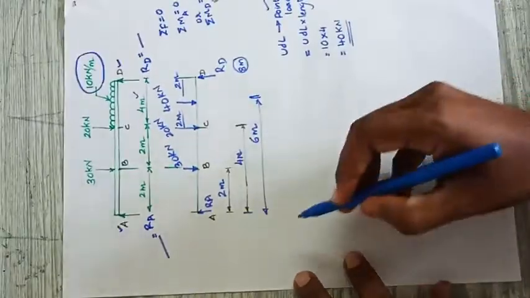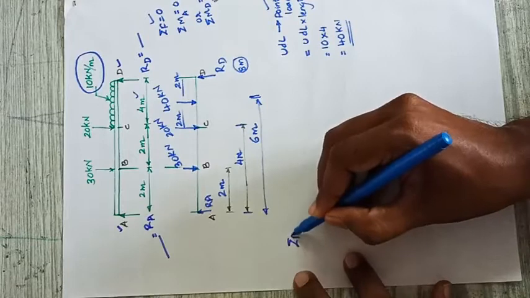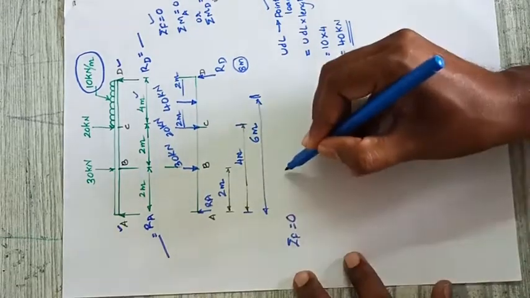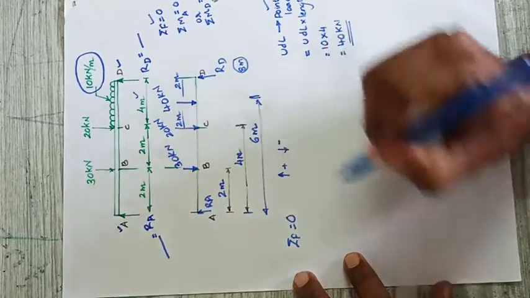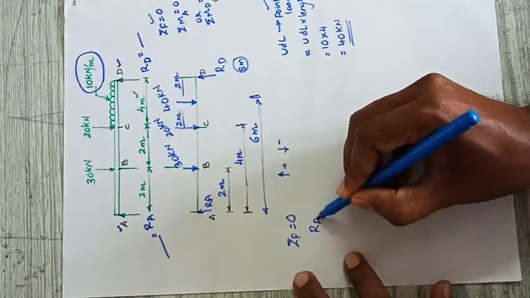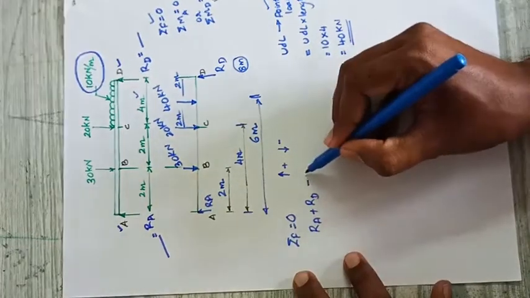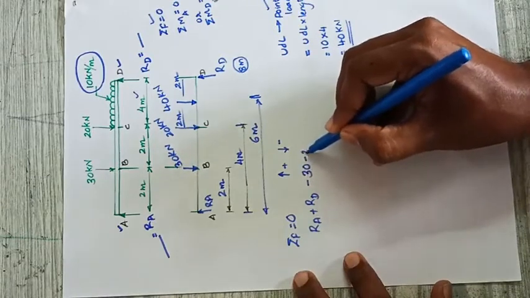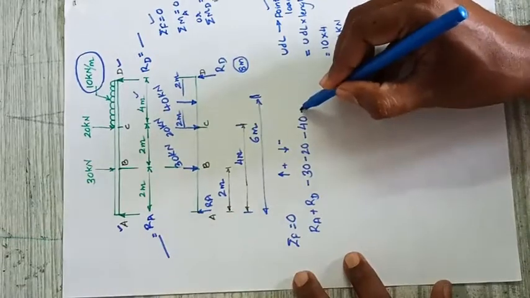First we use the summation of forces equal to 0. Take upward as positive and downward as negative. The upward are RA unknown plus RD second unknown, minus 30 minus 20 minus 40